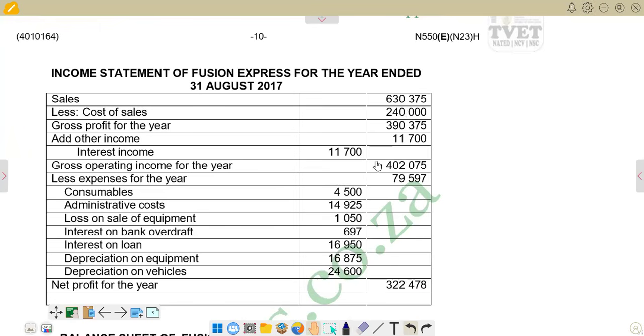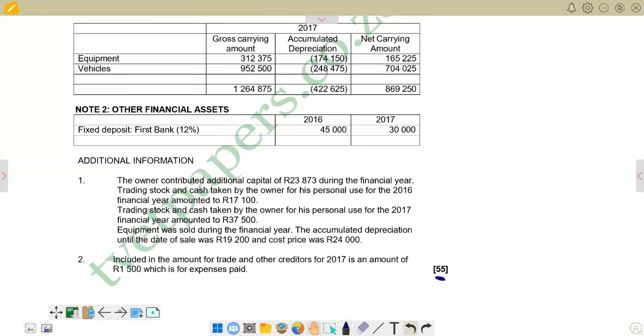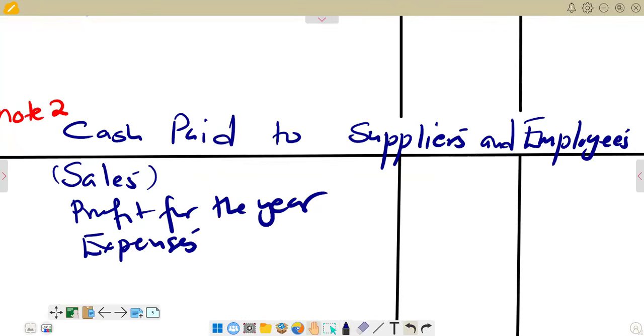And then the figure for profit for the year, we've got 322,478. So our sales figure will start as a negative. So we go back there, and we are seeing our sales figure, it's 630,375,